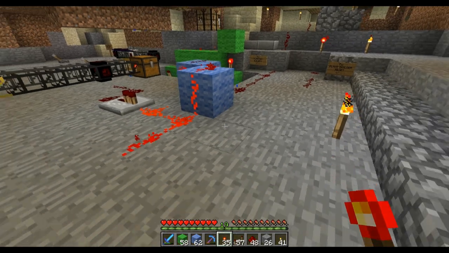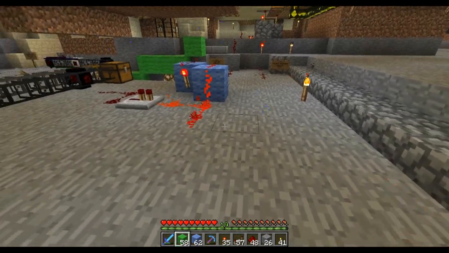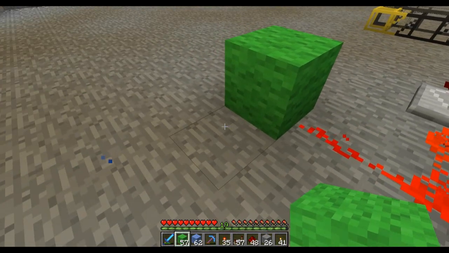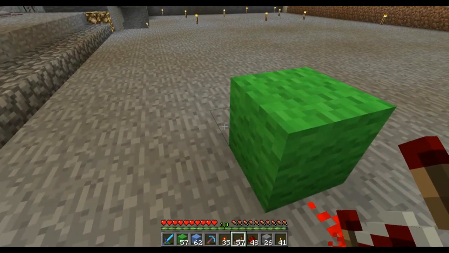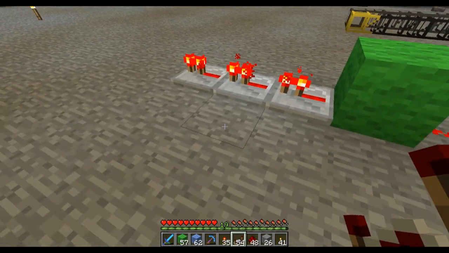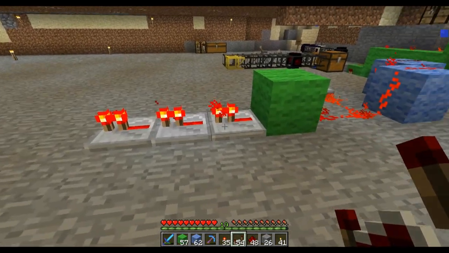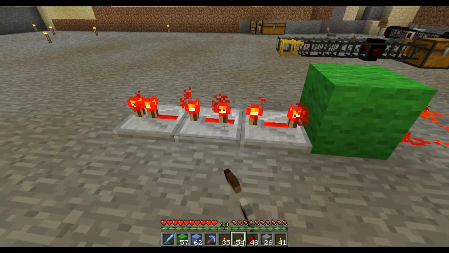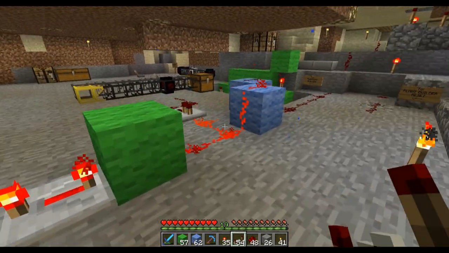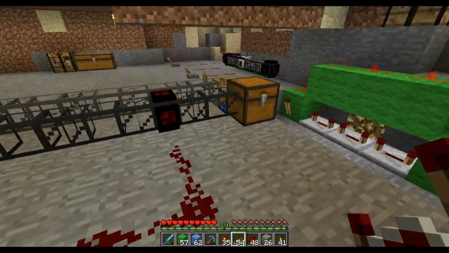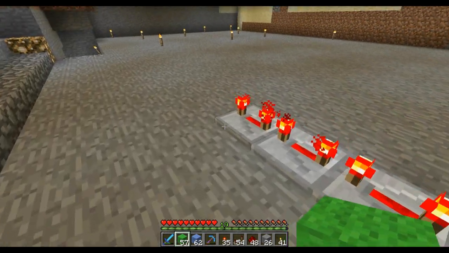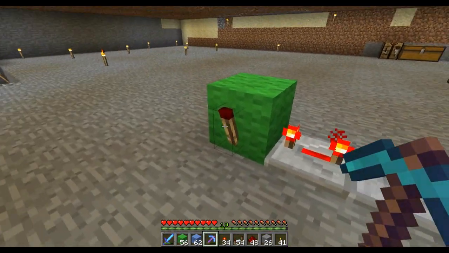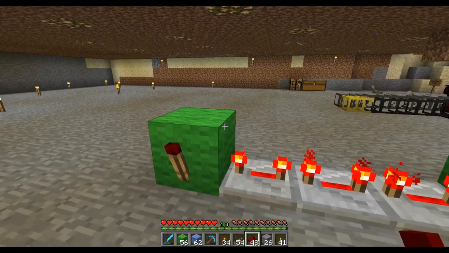Sweet. Okay, I'm going to go ahead and put in the edge trigger now. To build an edge trigger, if you haven't built one before, you put a block there, then 3 repeaters. You can shorten this, but this pulse will give you something like a button pulse. That's pretty much what I have there. It's enough to run a redstone engine. So put a torch there. I'm just putting it on the side. You don't have to put it on that side.